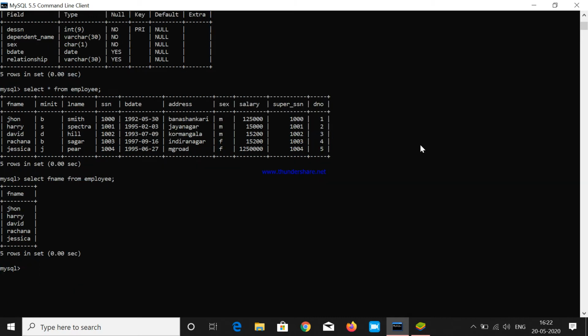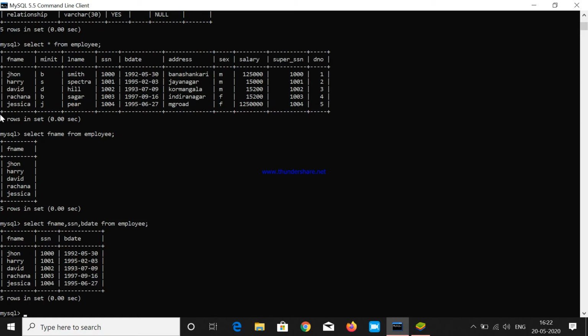So I selected only one column. You can choose multiple columns also. So fname, comma, if you want SSN, it will give the SSN of the employee, and the B date also. After pressing enter, I got fname, SSN and B date.